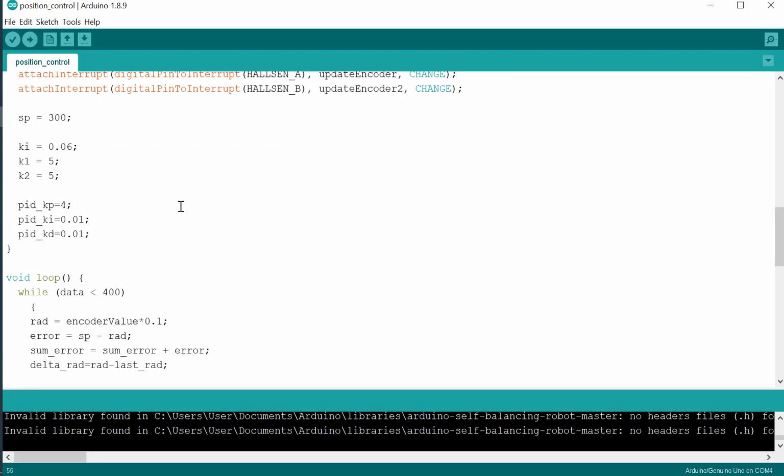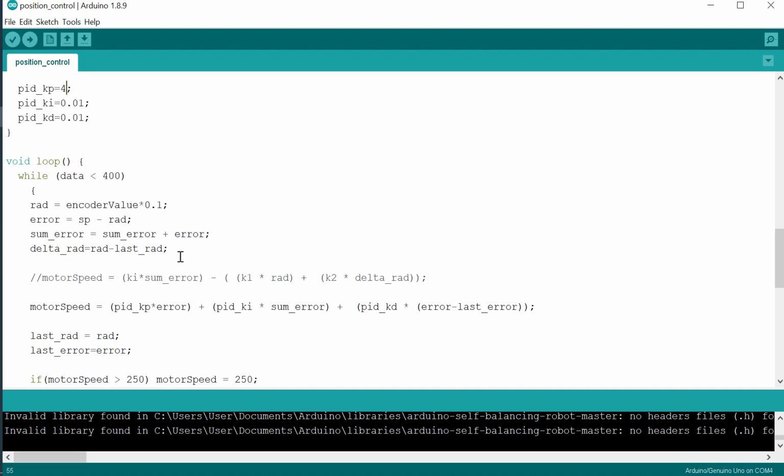In this experiment, I use the Arduino Uno for the microcontroller, and for the motor driver you can use the IRF MOSFET or the L298 motor driver.